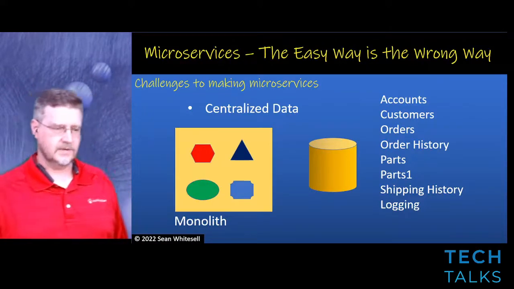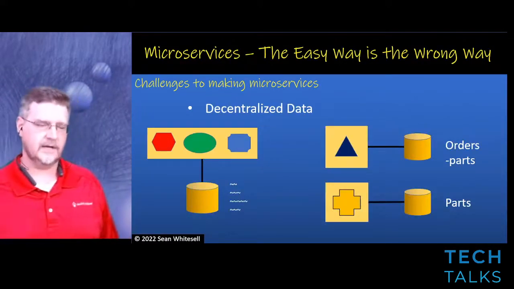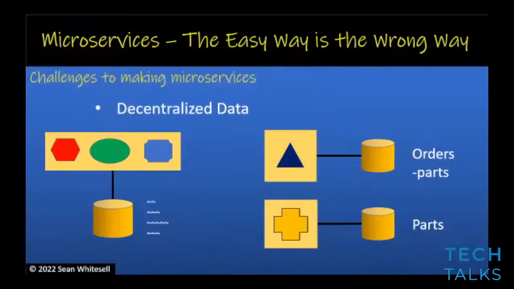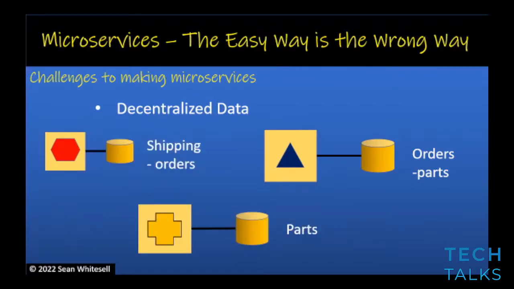So imagine in our scenario a monolith, but we're carving out other microservices. So I've got a parts microservice, and I have an orders microservice that is reliant on parts information. And then I'm going to go so far as to build a shipping microservice that has a dependency on order information. And I suggest you copy and duplicate data.